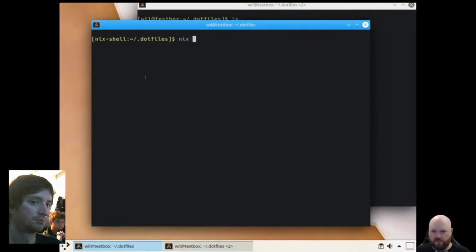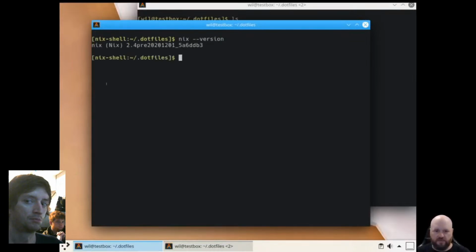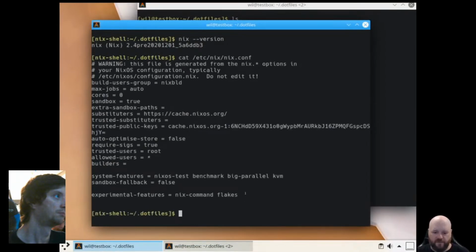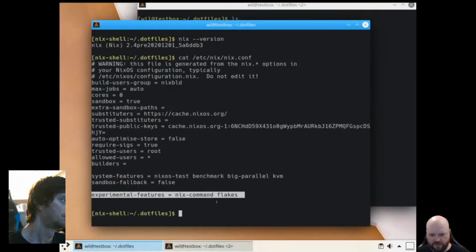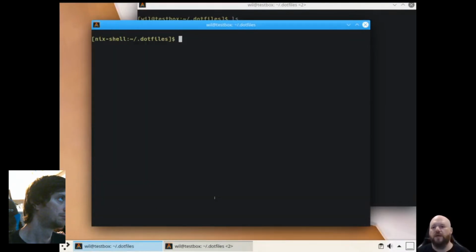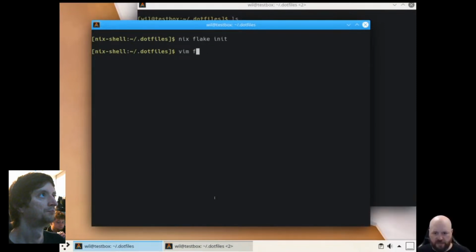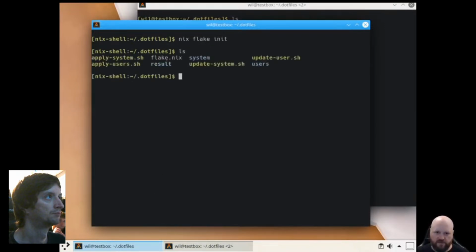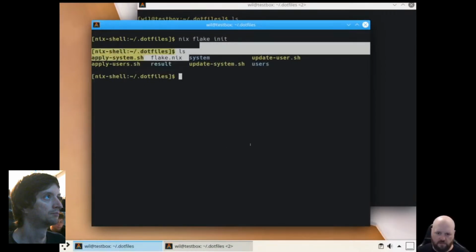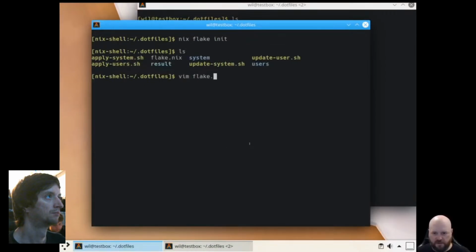Okay, so now that we've done the rebuild of our system configuration, you'll see we're actually running the pre-release version of Nix, and if we cat the nix.conf file, you'll see now it's got this experimental features section down the bottom. Cool. So what that means is we can now go nix flake init to actually set up the flake like we did in the previous flake video. So that will create this file,